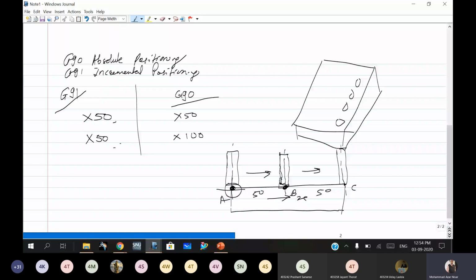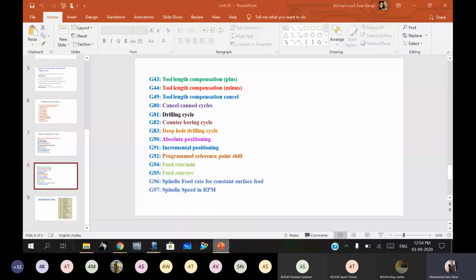Most probably G90 absolute positioning is more preferable and easier compared to incremental positioning, so it depends upon the programmer.